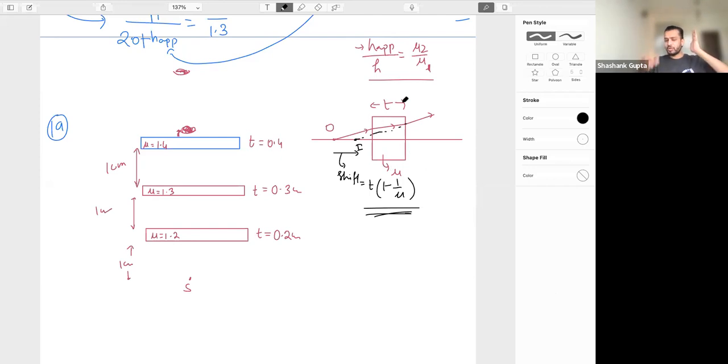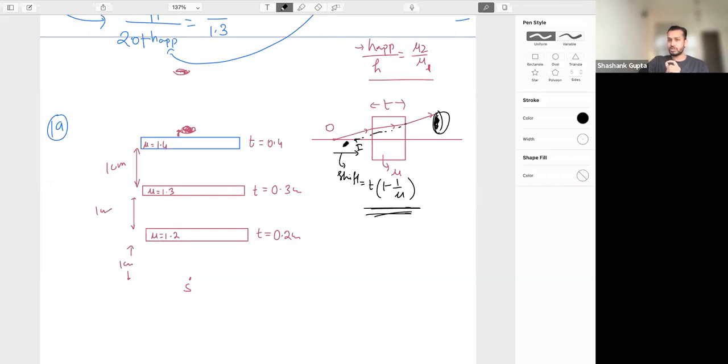Okay, so the slab formula says if we have a refractive index mu and thickness T, then the object gets shifted by this distance in the direction of the incident ray. Just remember, shift means in the direction of the incident ray. My ray is going from left towards right. So the eye which is on the right side of the slab will see the image of this object here.